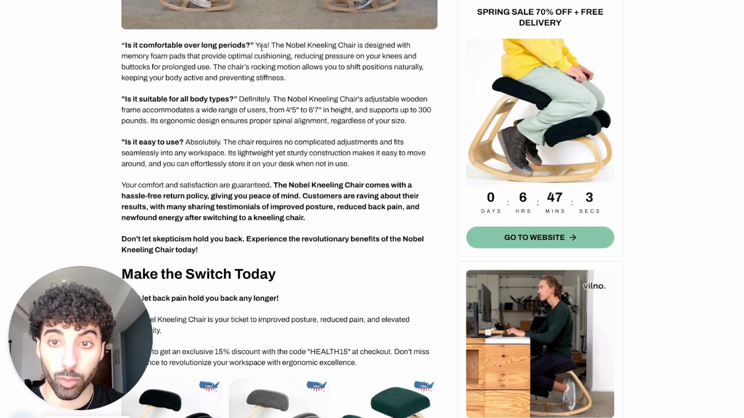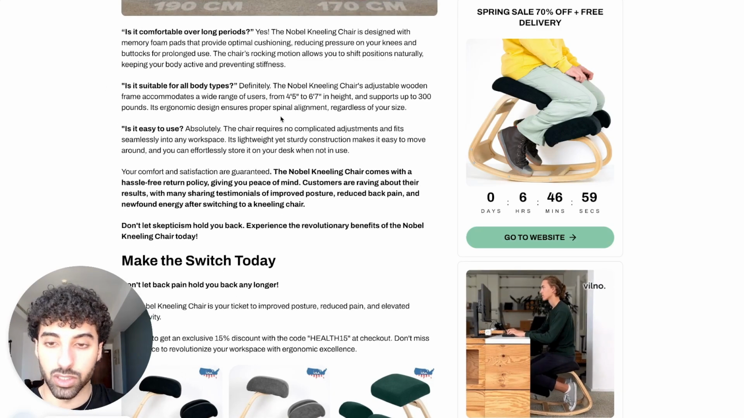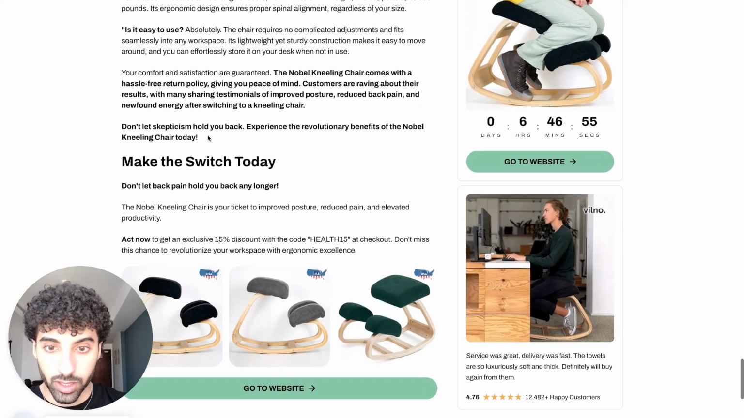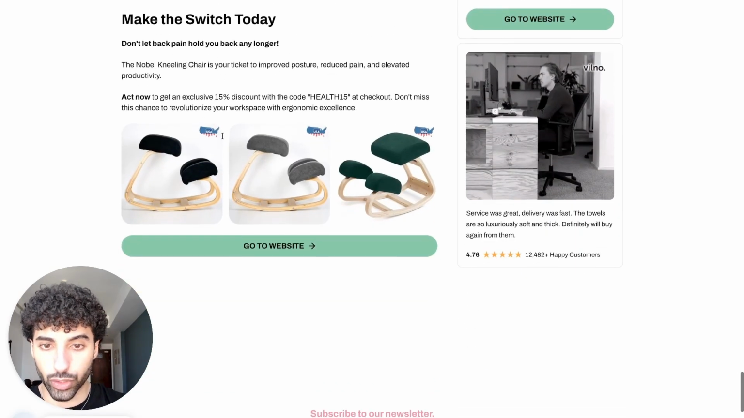So, is it comfortable over long periods? Is it suitable for all body types? One of the main ones: is it easy to use? And yeah, they start introducing the offer a little bit. So a hassle-free return policy, giving you peace of mind, risk reversals and guarantees, and then we reach the final call